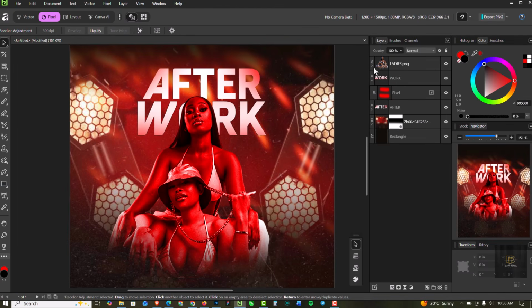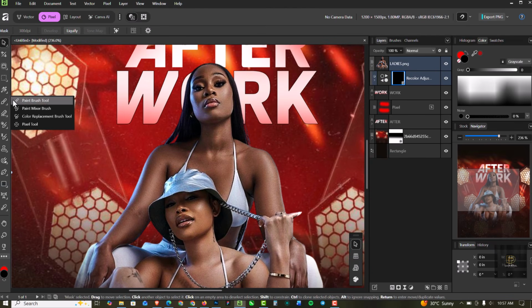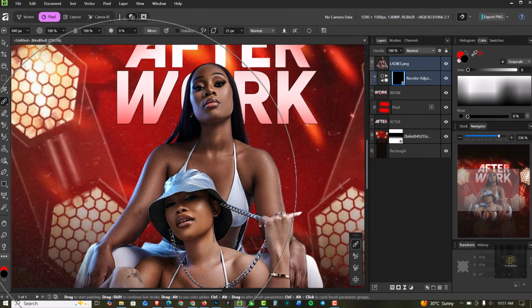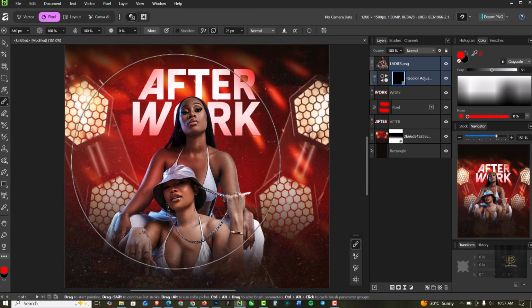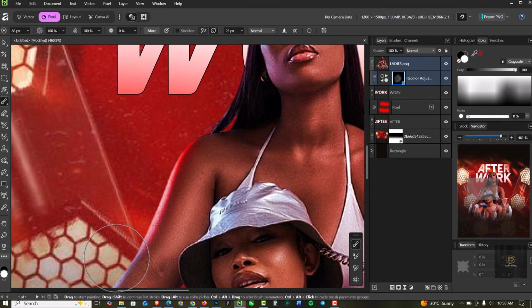So first and foremost, drag it on top of the image. You can see it inside here as a mask. So what you want to do is click on layer mask, invert it, Ctrl I, and the next thing you do is select a brush, make the brush smaller, use the size of the brush. Before you do that, you can reduce the flow, and of course you can do a general paint in on the image like this,